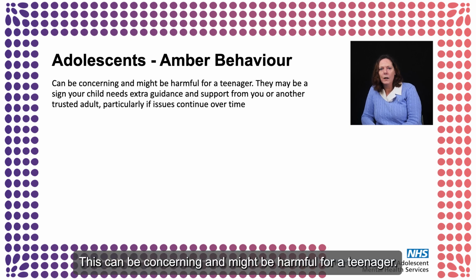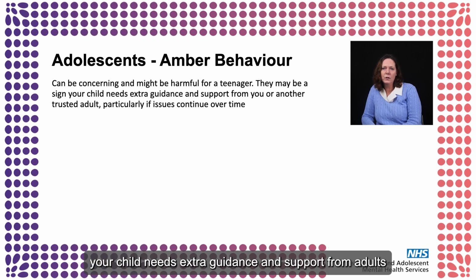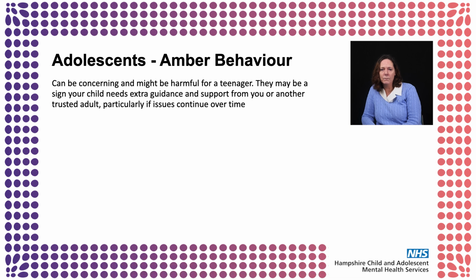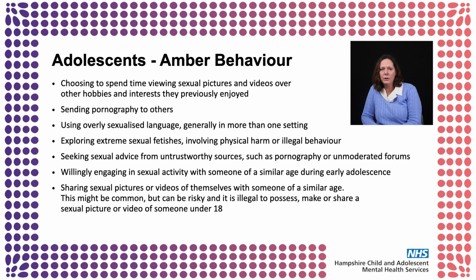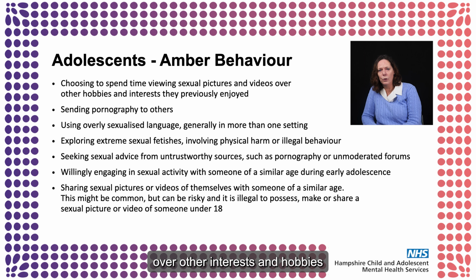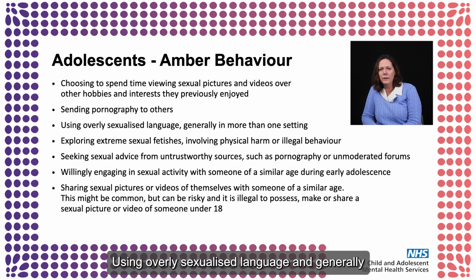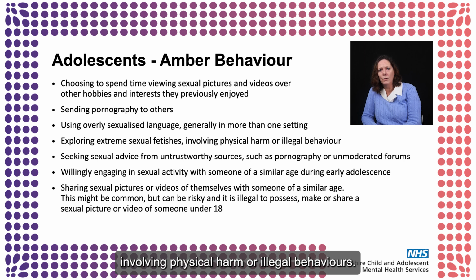These can be concerning and might be harmful for a teenager. There may be a sign your child needs extra guidance and support from adults around them, particularly if issues continue over time. Examples of amber behaviours can include choosing to spend time viewing sexual pictures and videos over other interests and hobbies that they previously enjoyed, sending pornography to others, using overly sexualised language, generally in more than one setting, exploring extreme sexual fetishes involving physical harm or illegal behaviours,